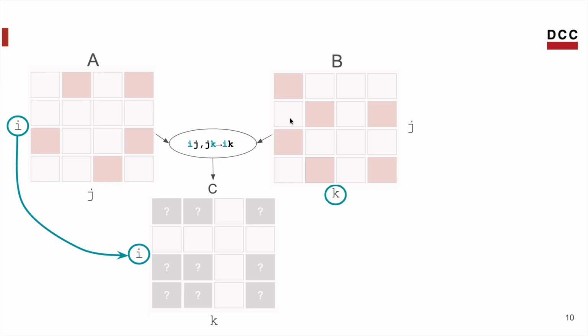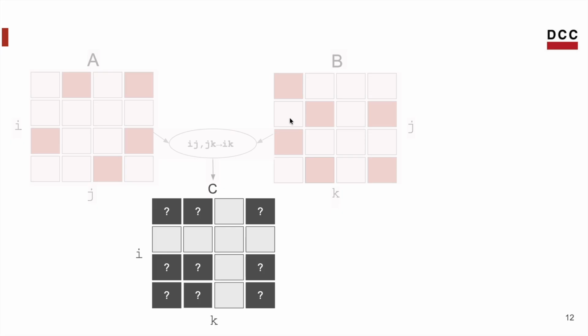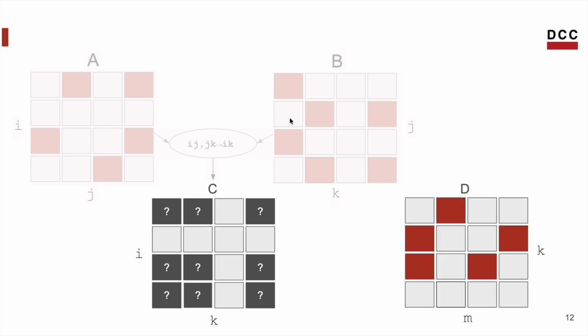And the same would happen for the dimension K in B, and that form of propagation is what we call forward propagation. So the sparsity of the input tensors is propagated to the output tensor. I haven't computed C yet. I just know more information about C now, and say that I'll grab that tensor and I'll also multiply it